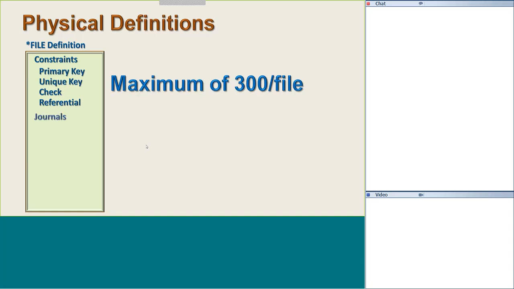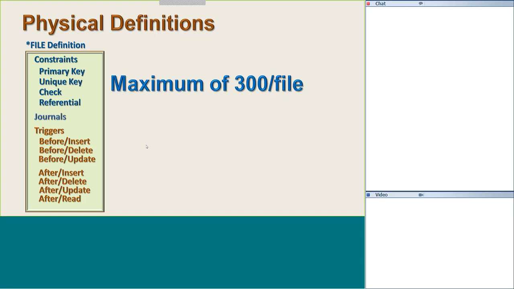Inside the file definition are the definitions of how the file is being journaled. It's not external, it's inside the file. So each file knows how it's going to be journaled, where it's going to be journaled, and what is going to be journaled. And then also inside the file definition are 7 triggered events: